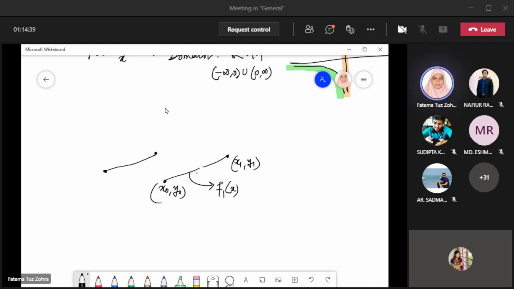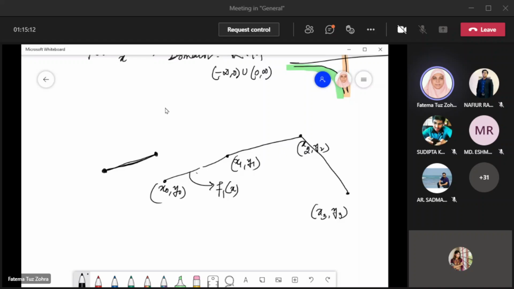Yes. So if there is no hole, that means what? It is a continuous function. Okay? So if there is no hole, then this is the next set of points. Say this is x2, y2. There also cannot be any hole. There is another point, x3, y3. There also cannot be any holes. That means no breaking point.